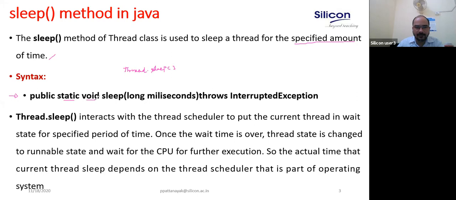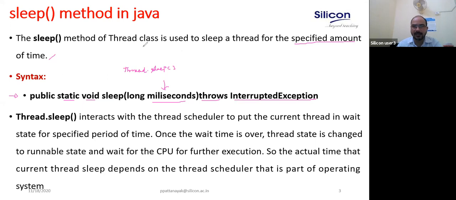The return type is void and it takes a long type parameter, which is in milliseconds. And this method throws InterruptedException.